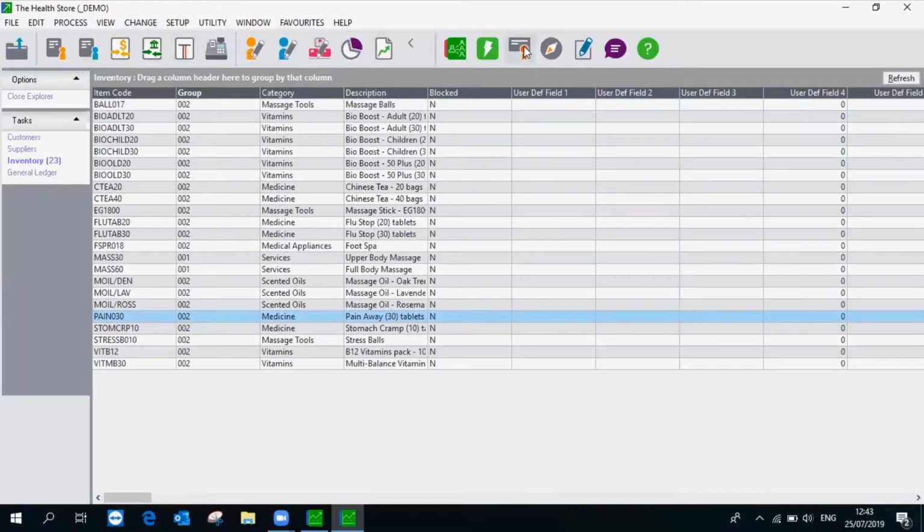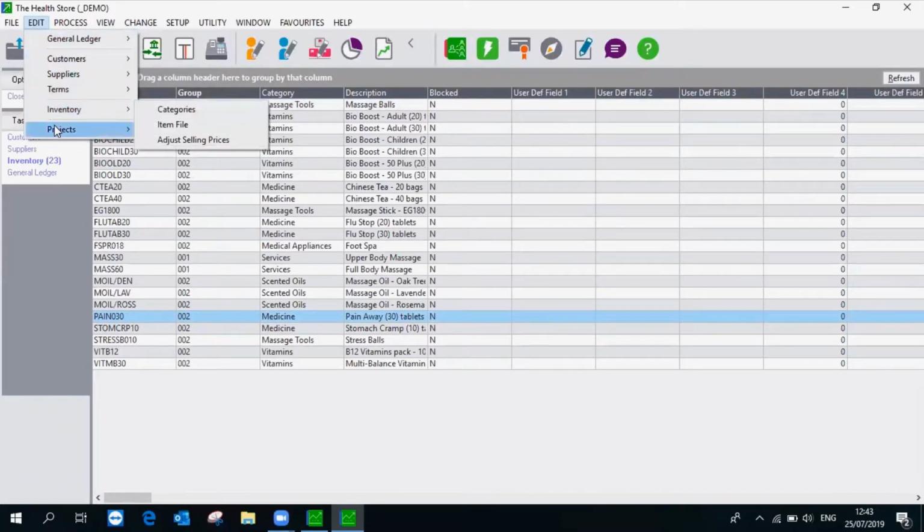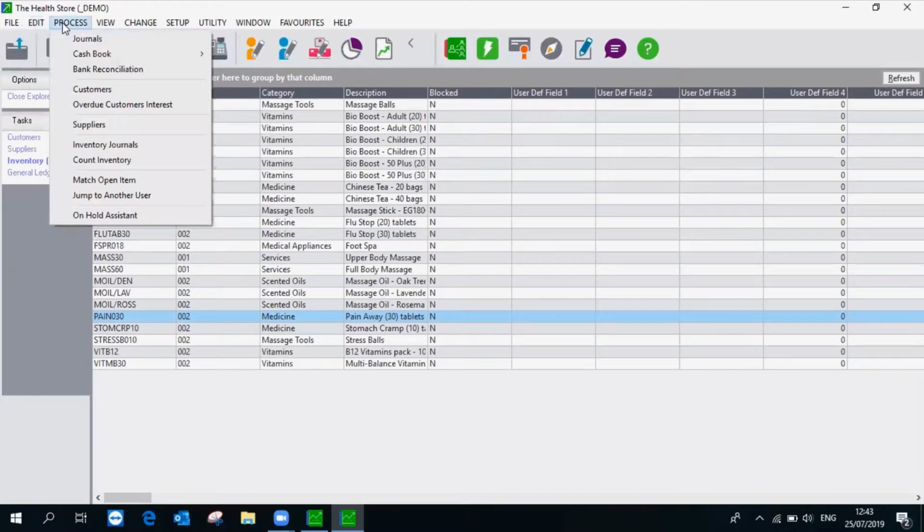So I'm just going to go through the tabs that we've got. So we've got our edit section, which is for your general ledger, your customers, suppliers, and inventory, as well as projects. So if you're running projects, you can link certain of your invoices to projects and run reports based on those projects. You've got your processing options, which is your normal things like journals, cash book, bank reconciliation, your customers' documents, be it sales orders, invoices, return and debits, those type of things, as well as for suppliers. You can also do your inventory journals to bring in your stock, as well as a great feature which is